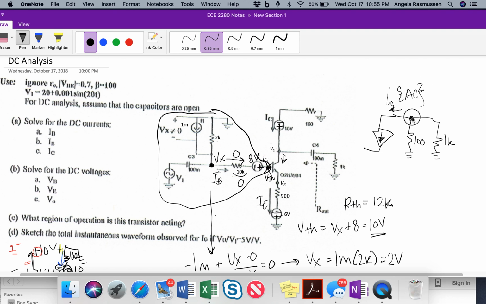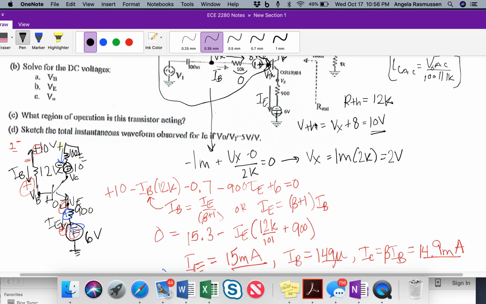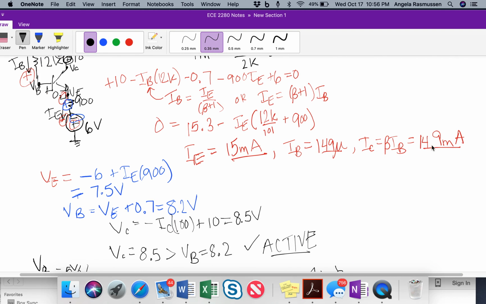And so knowing what this voltage AC portion is, I can get the IC AC portion as just VO AC over 100 in parallel with 1K. So this will be that current for the AC portion. So the DC current we found as 14.9 milli. And so if I was to draw this,